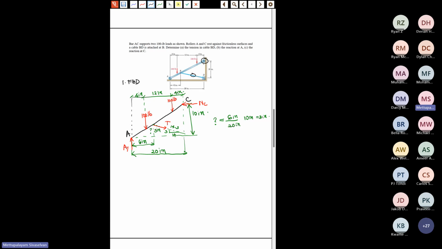Okay, so the next step is to count. It remains a trivial step, 3 equations and 3 unknowns. Soon to get non-trivial. And so if I get on to writing equations of equilibrium,